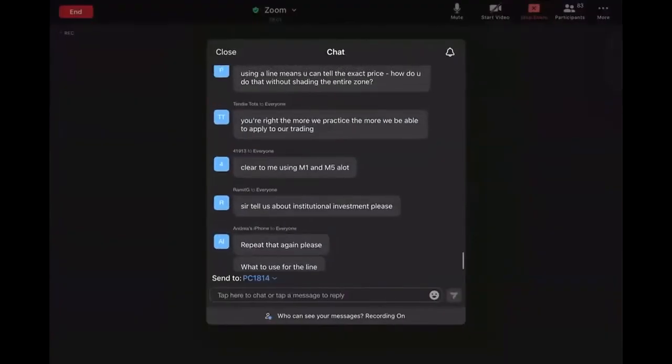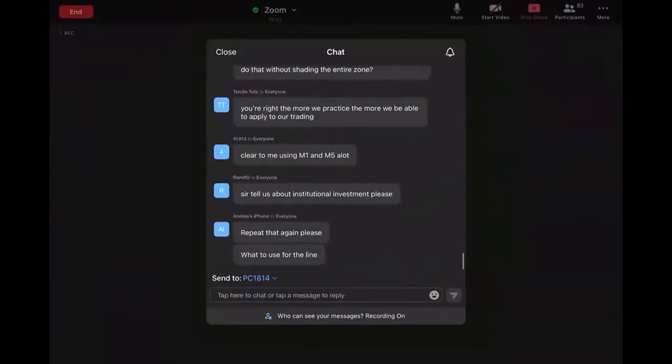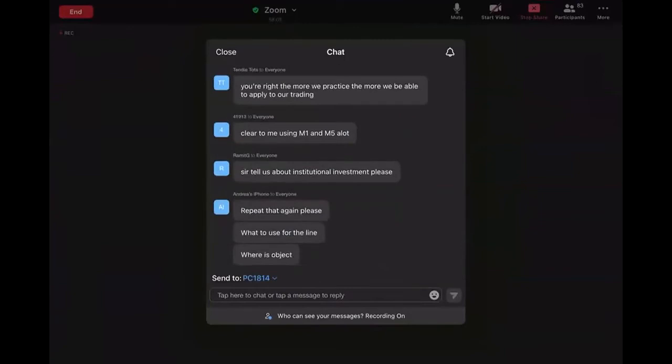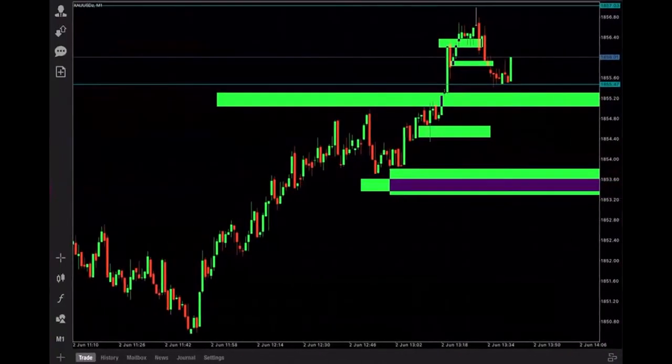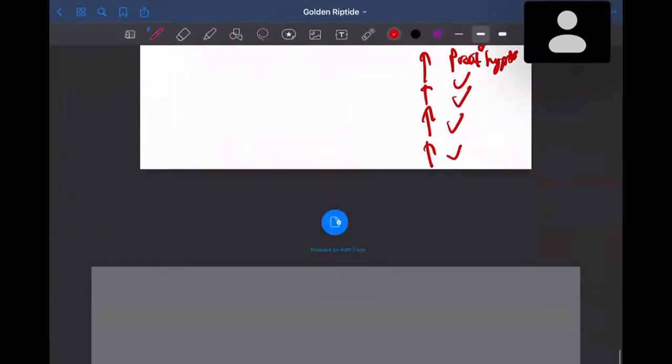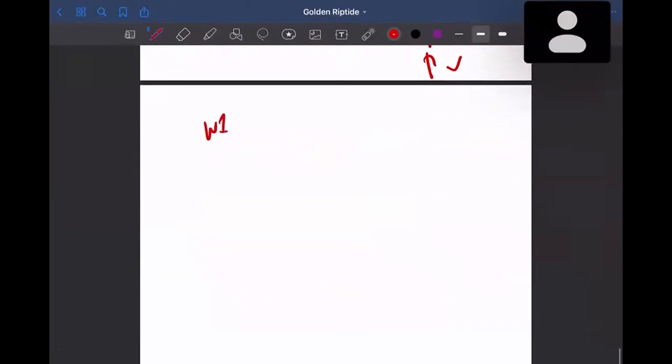Clear to me using M1 and M5 a lot. So is everybody clear about M1 and M5? Do you guys understand what to do? From the first week, you guys understand or not? Second week, you guys understand or not? Third week, you guys understand or not? You have to mix this knowledge together. For example, week 1, week 2, week 3. It's all building up your knowledge, I would say correlating